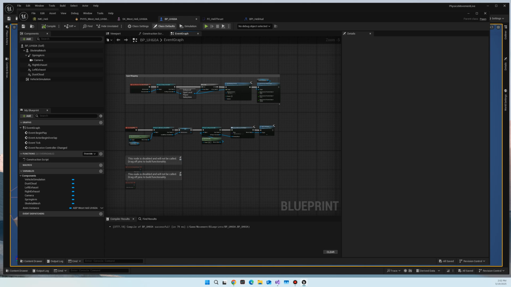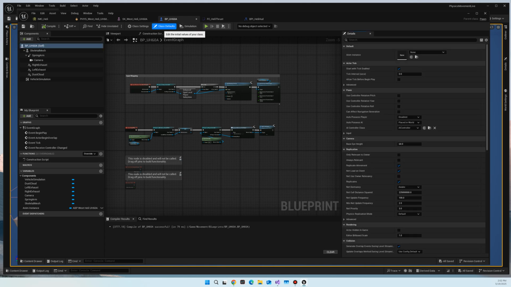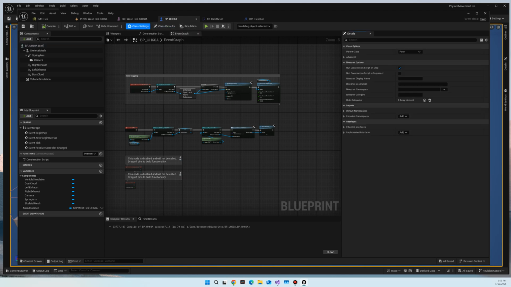So under class defaults, so we're going to highlight that. Actually, no, class settings, my mistake. So under class settings, we're going to come under interface here, and then we have implements interface, and we're going to go add, and then we're going to find BPI, and there it is, BPI HUD Heli,